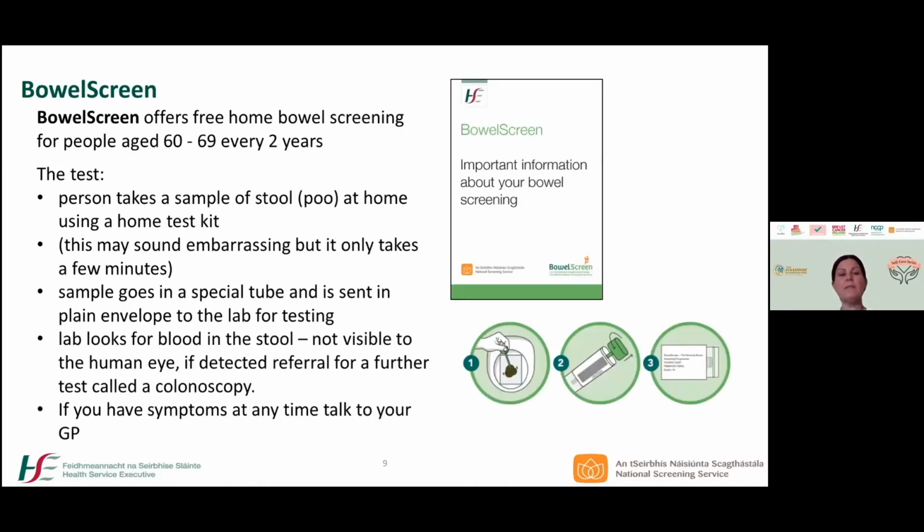Now, the next program we have is Bowel Screen. Bowel Screen offers free home bowel screening for people aged between 60 to 69, and this is every 2 years. The test itself, it's different to the others in that it's something that's done at home. It's a kit that's sent out to the home. And what we do with that kit is we ask people to do a stool sample or a poo sample